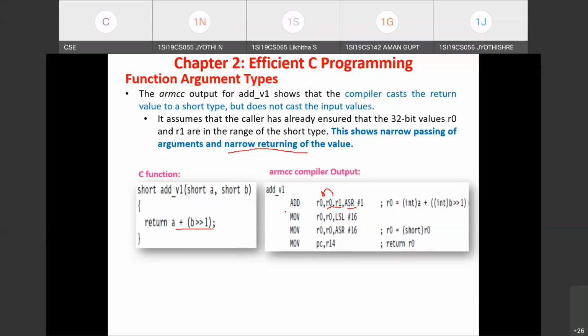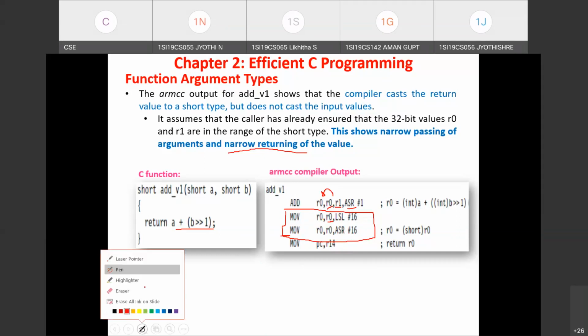So those are the statements you have seen in the previous class also. These are the two statements for doing that reduction of the range, the 32-bit range value to be reduced to the 16-bit range. So how is it actually done? They take the result held in R0, logical shift left 16 times, so the higher order 16 bits will be lost. After that, we perform an arithmetic right shift 16 times. So this does the explicit casting of the result to short type. These are the two instructions used for doing that casting.